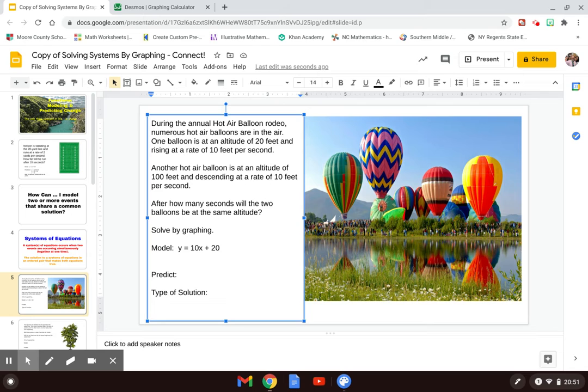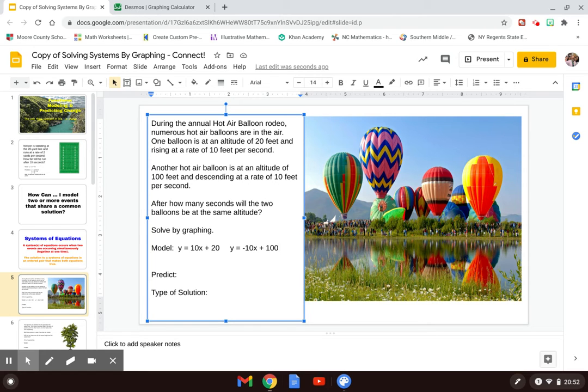The second balloon is at 100 feet, and it is descending at a rate of 10 feet per second. So if it's descending, that means it has a negative rate of change. So we're going to have y equals negative 10x plus 100. Okay, so what we want to do now